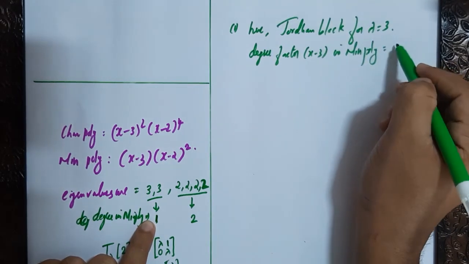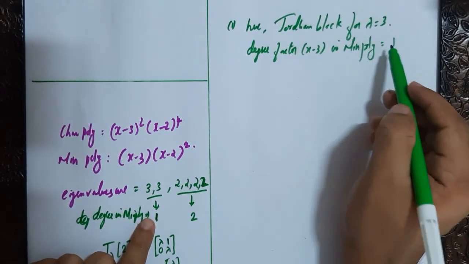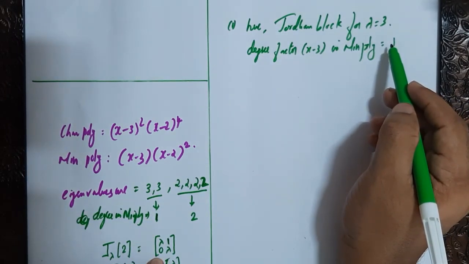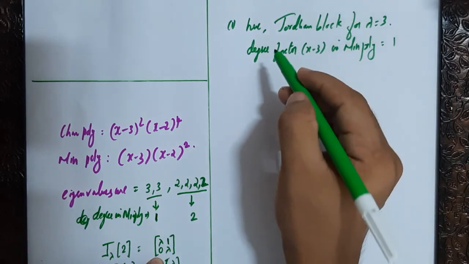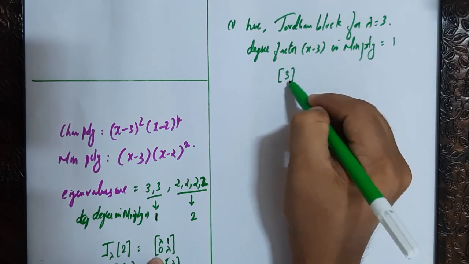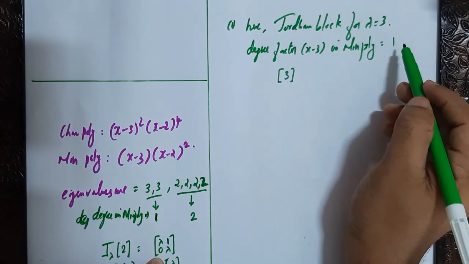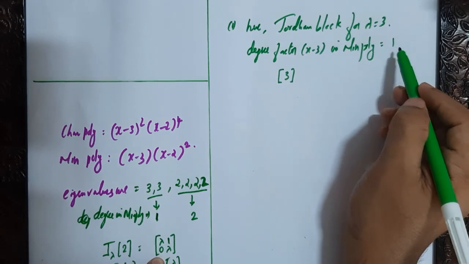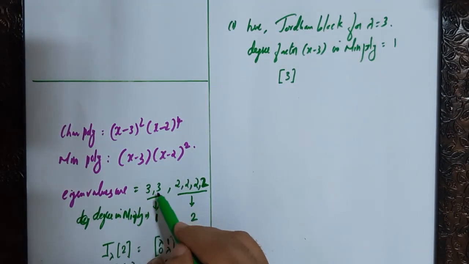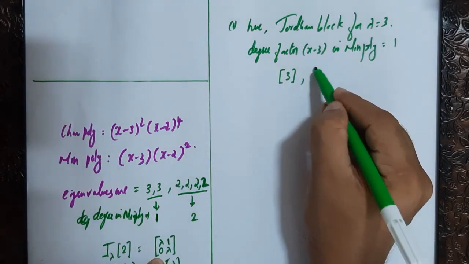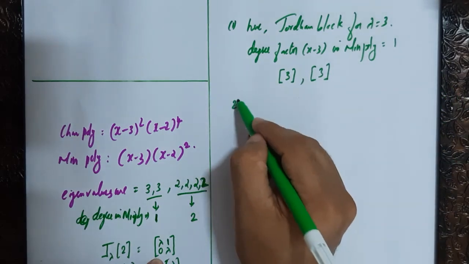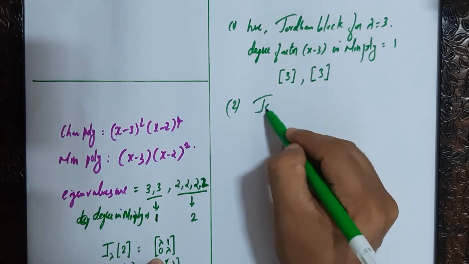That is equal to 1. So the condition is there must be a block with the same degree as the minimal polynomial. So that degree is 1, therefore one Jordan block is 3 and other blocks have degree less than or equal to 1. So how many eigenvalues are there? 3, 3. Now the other Jordan block must be 3, that is less than or equal. Now second, what about the Jordan block